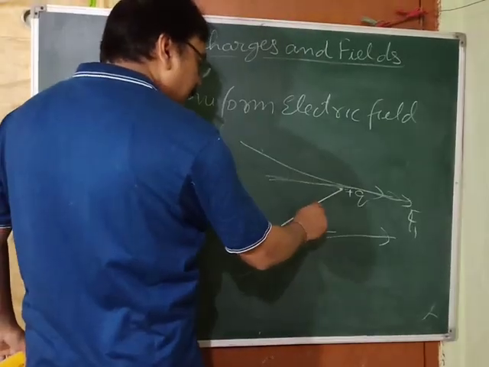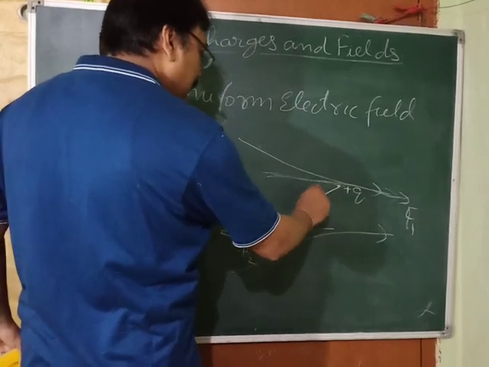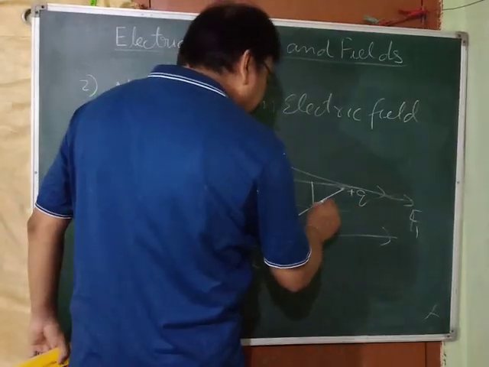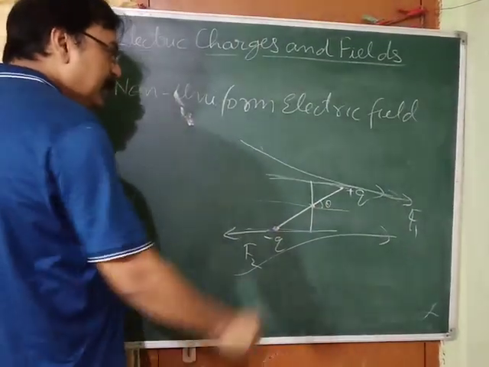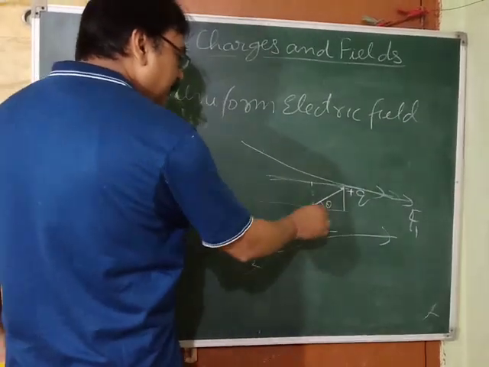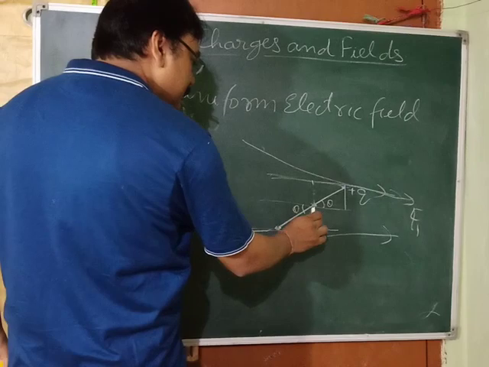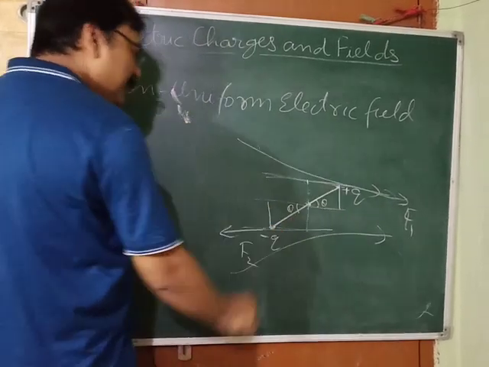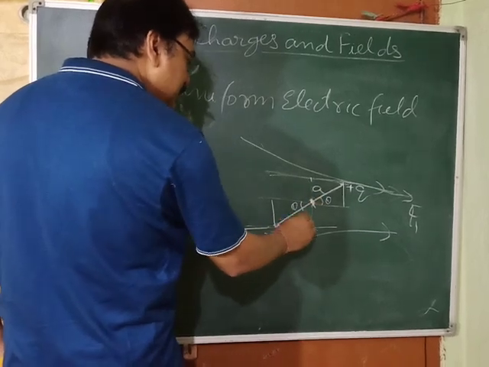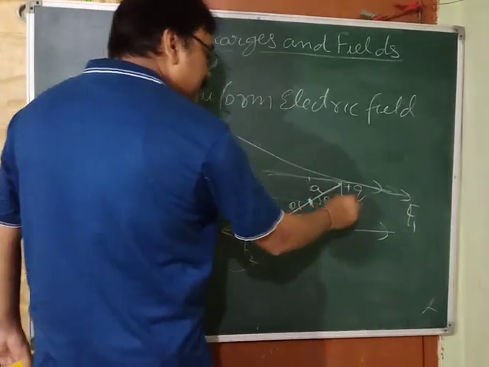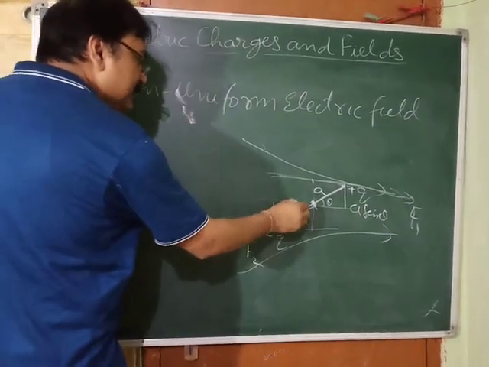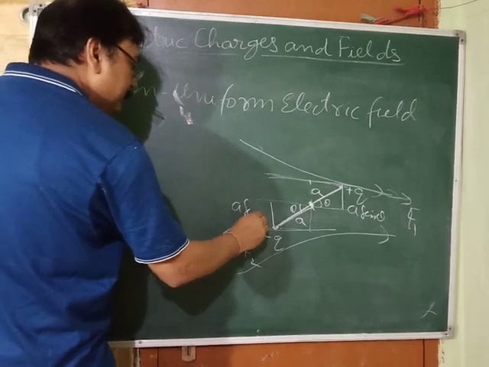From the center, we are going to take this distance, and we are going to take this distance. Now what will happen? Suppose this angle is theta. This distance is equal to this distance. If this is theta, then this is also theta. This distance we can take instead of this. What is this length? Half means A. From here to here, what is this? A. If this is A and this is theta, then this is A sin theta.